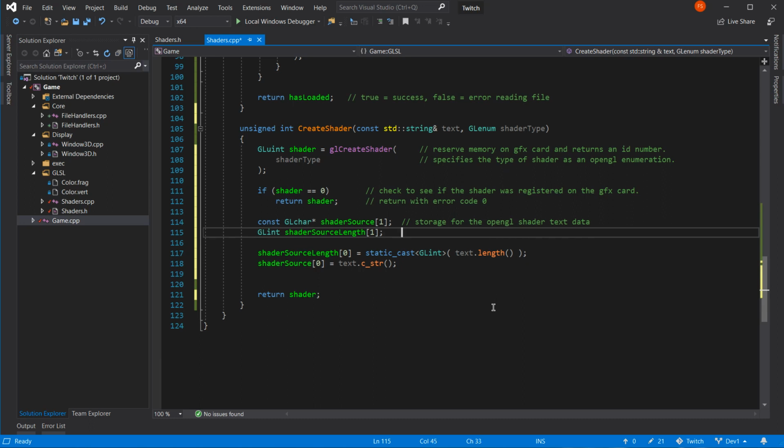This one is going to be storage for the length of our text string, character string.